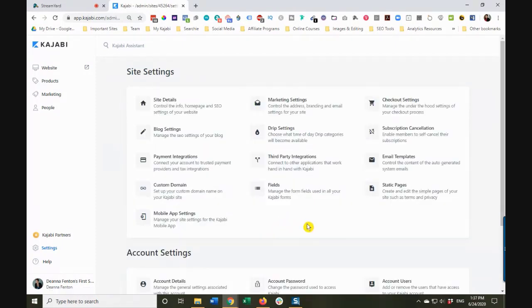So that was an overview of all of your site settings. Most of these are going to be fairly straightforward and you're not going to have a lot of problems. In the next video, I will show you some background about your custom domain and setting that up. But for the most part, this is where you are going to manage this information. You're going to set these things up and they will be pretty much ready to go before you even start to build out your site. So join me in the next video where we're going to talk about creating your custom domain.